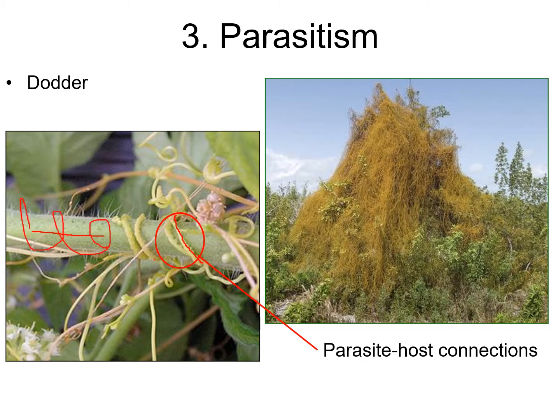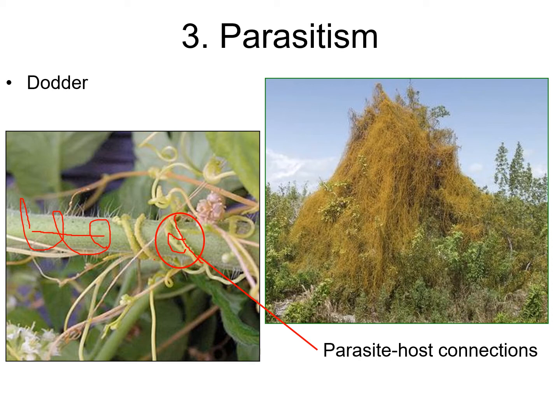Between the host tissue and the parasite, you can see there are some host connections, those places where the parasite pushes tissue down into the host to connect into the vascular tissue and get access to